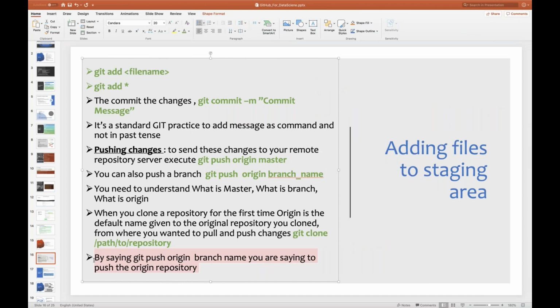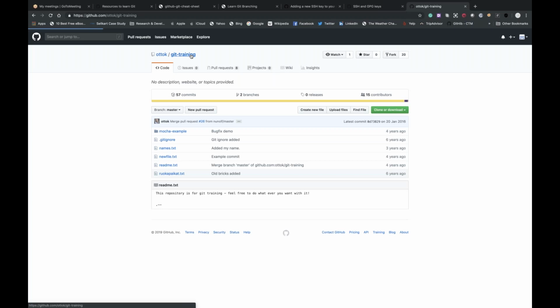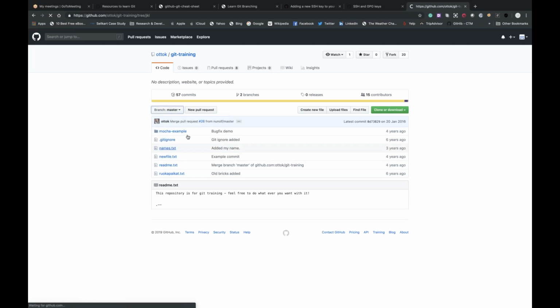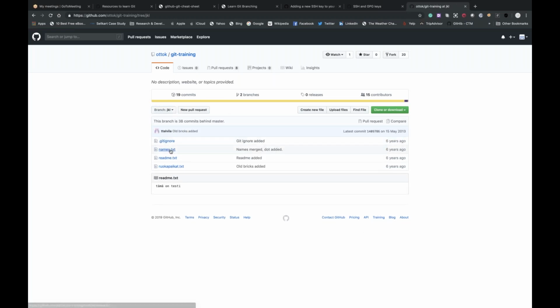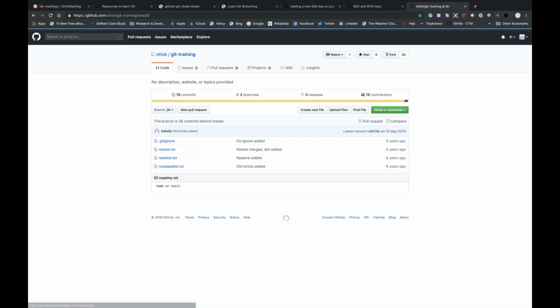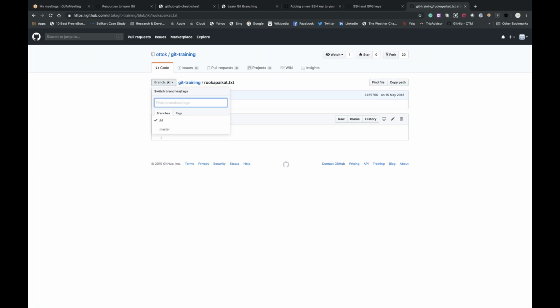Now, you have a git training, and git training has a master branch, and if you want, you can create one branch for yourself. Observe carefully, everyone. If I say jkl, see, jkl has got different names. Otto, he did something. And if I say here, he added some more files, which is xyz. Now if I go to the master branch,